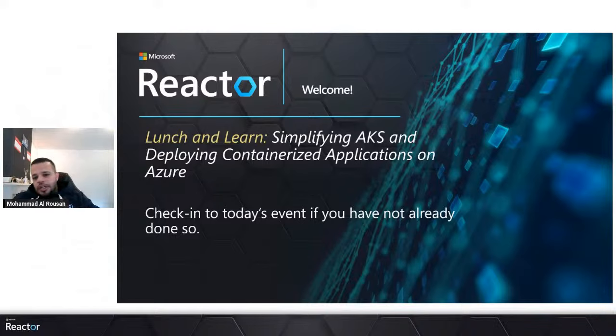We're going to have a long demo in the last session in the series. So let's start. Today I will present what AKS is and the best practices on how to deploy and manage AKS. Before we start, just to remind you that you can post your questions in the Q&A area, and I will answer them either during the presentation or at the end of it.